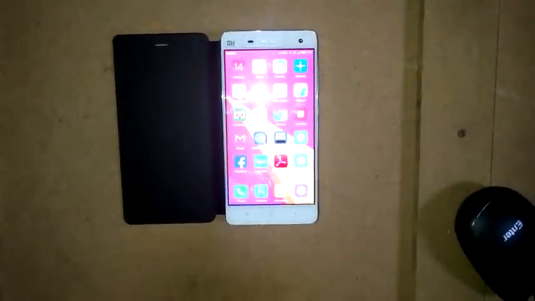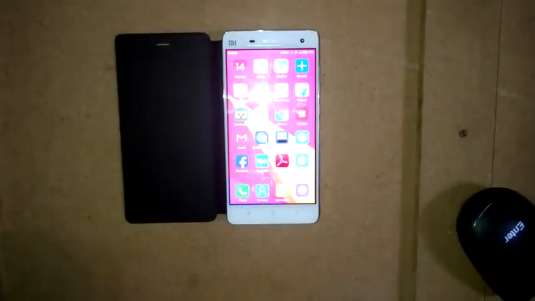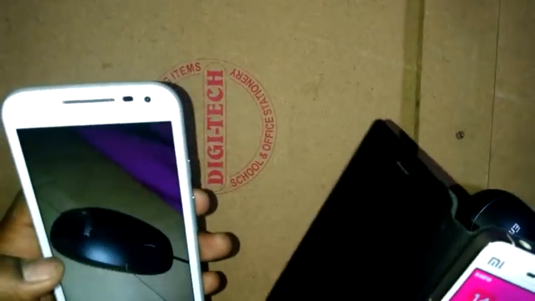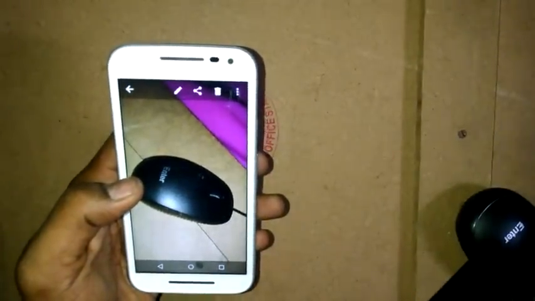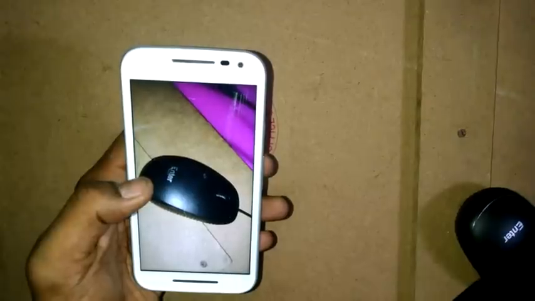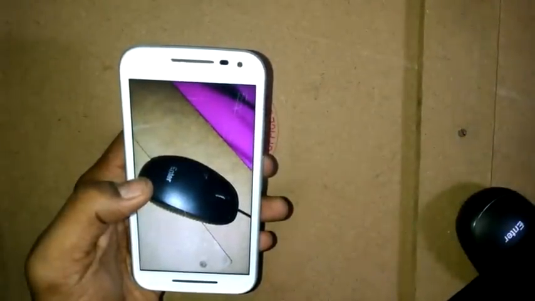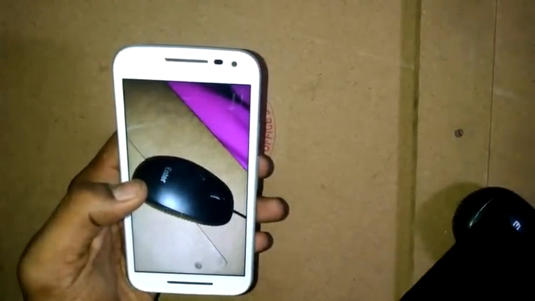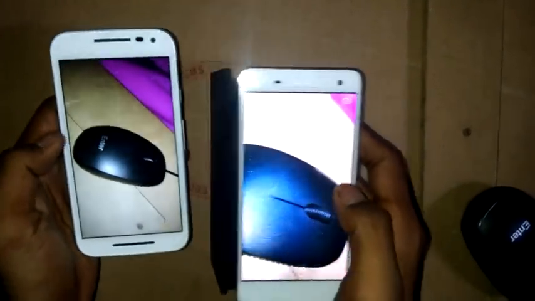So this is the mouse. I have taken the photo here, and now let's quickly take a photo from the MI4. So these are the two photos that were taken.